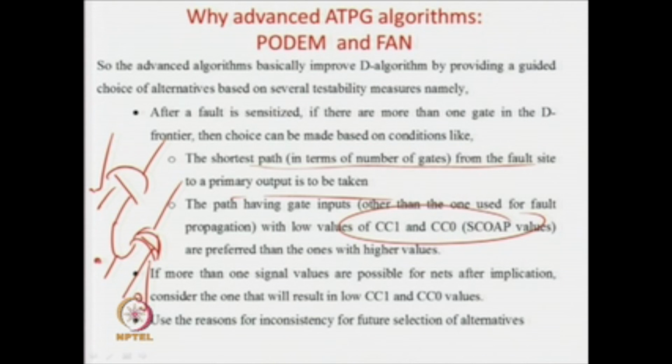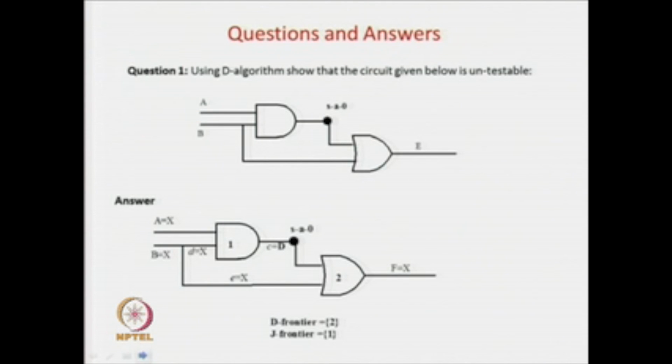So, whichever is more difficult, you avoid that and you take that gate whichever is easier to control. For example, if 0 is easier to control, then take the OR gate; if 1 is easier to control, then take the AND gate. So, with these types of heuristics, what actually advanced algorithms like